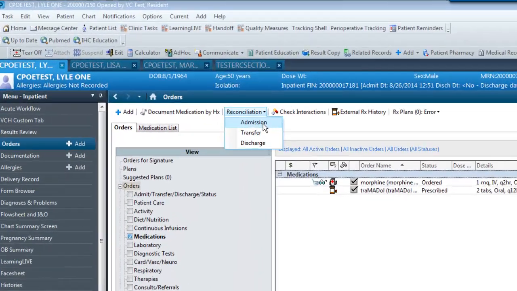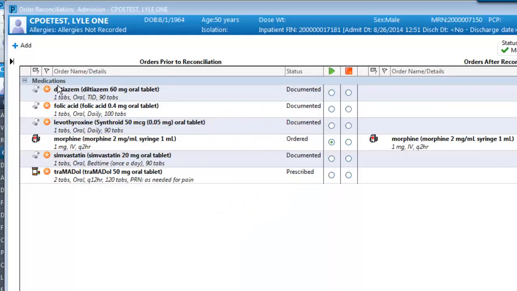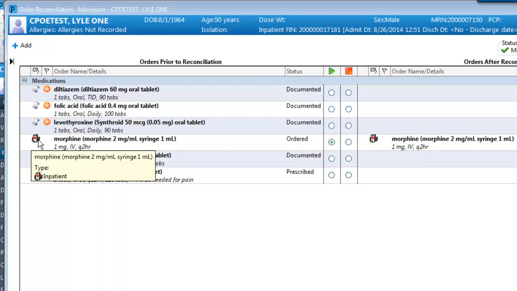Once the history is complete, the admission reconciliation can be done. Admission reconciliation should be done before admission orders are initiated. Click on the Reconciliation button and select Admission to open the reconciliation window. A line item for each medication in an active state on the medication list will be seen in the reconciliation